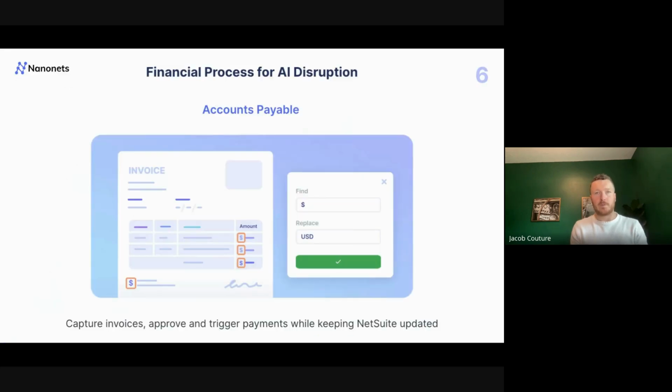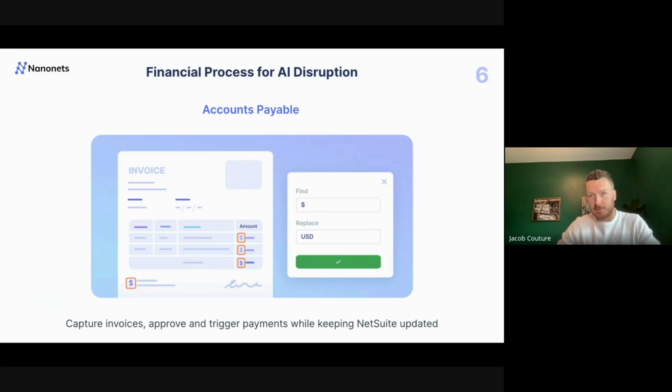So first and foremost, and this is certainly one of the most popular use cases that we deal with, is accounts payable. So as many of you already know, running an accounts payable process with NetSuite can be a bit arduous. You might be receiving these invoices. You might have somebody who's manually extracting the data from these invoices and then manually inputting and matching this data back within NetSuite. We believe that this is sort of the exact use case that AI can help us replicate